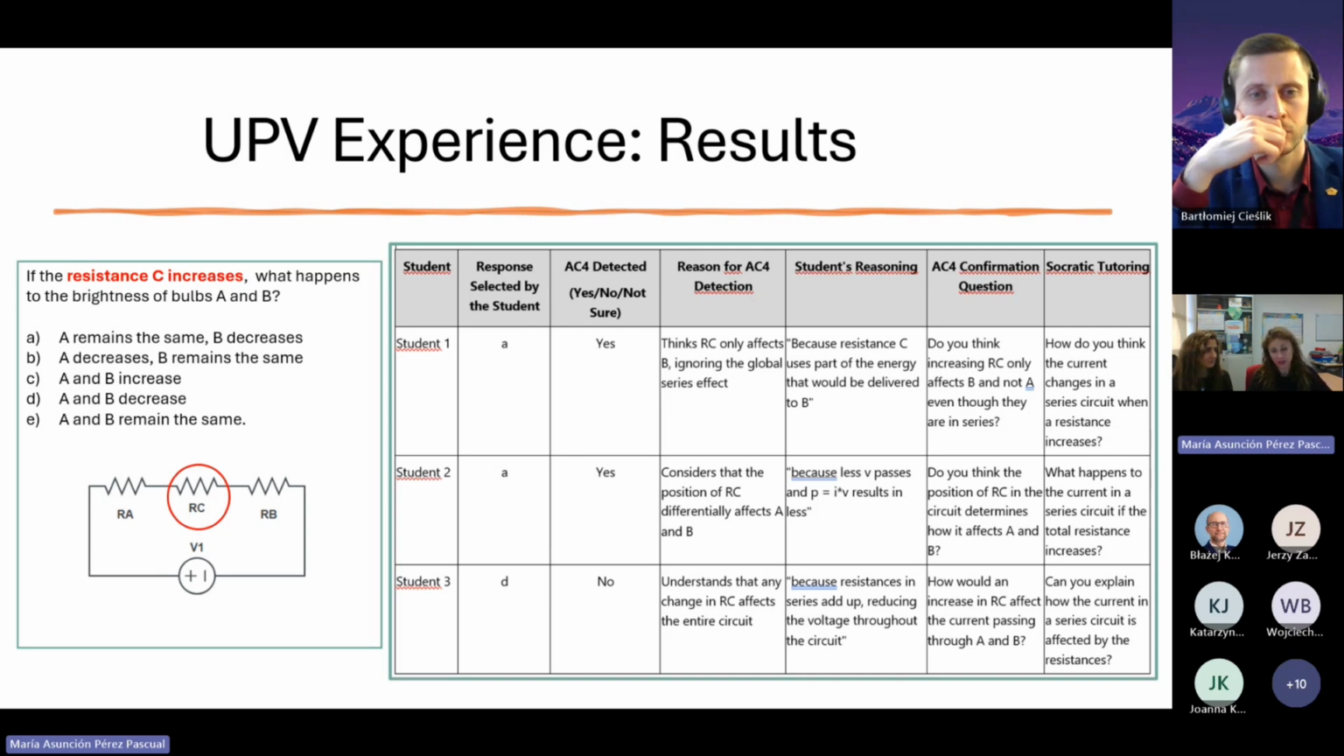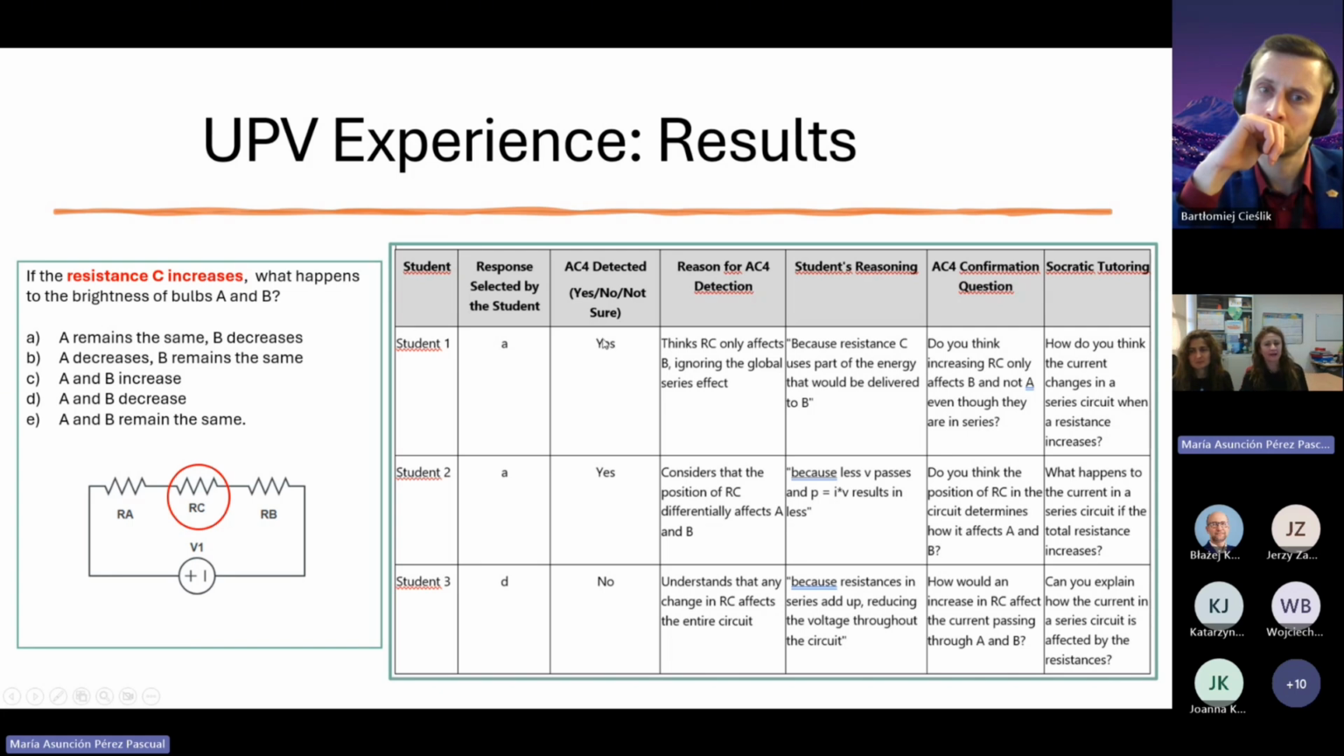That is sequential model. So we feed our artificial intelligence, ChatGPT, with this problem and the responses of the students. Student 1 says that he chooses the first answer, A, and he chooses this answer because his reasoning is this one: because resistance C uses part of the energy that will be delivered to B. So we ask the artificial intelligence to identify if this student has alternative conception number 4, and it identifies